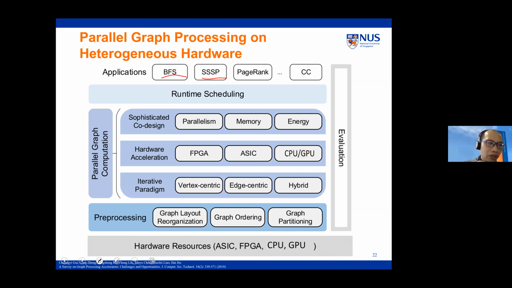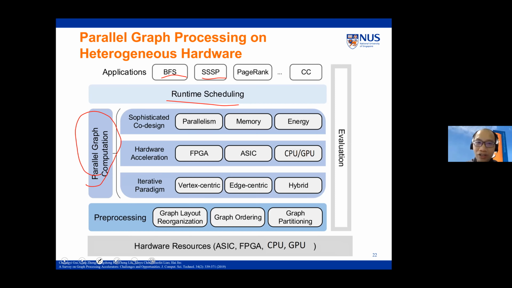So why do we abstract them into common building blocks? Because we find that graph processing is actually very heterogeneous also. I mean, one size does not fit all. So that's why we try to identify the building blocks. But in the end, many applications still require quite different building blocks. On top of that, we devise runtime scheduling. And after that, we do parallel graph processing here. A lot of research has been done on this, and more research has to be done.